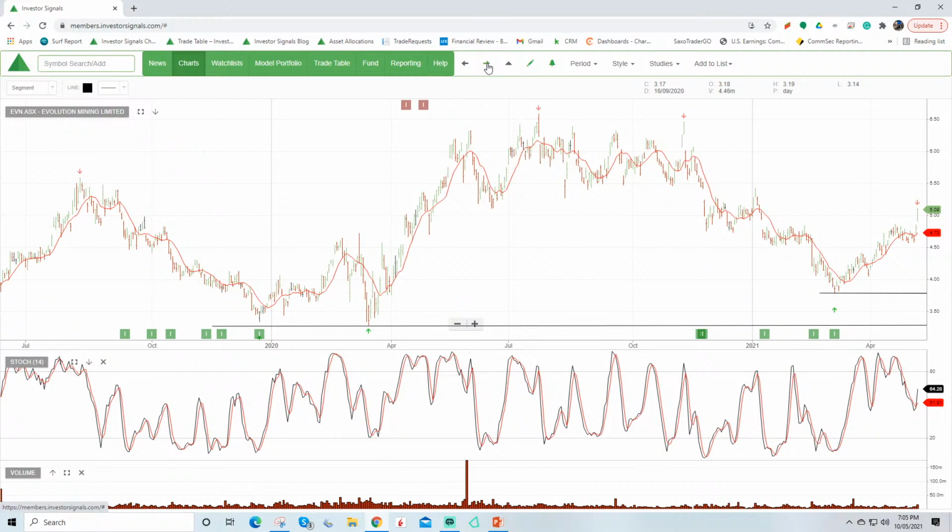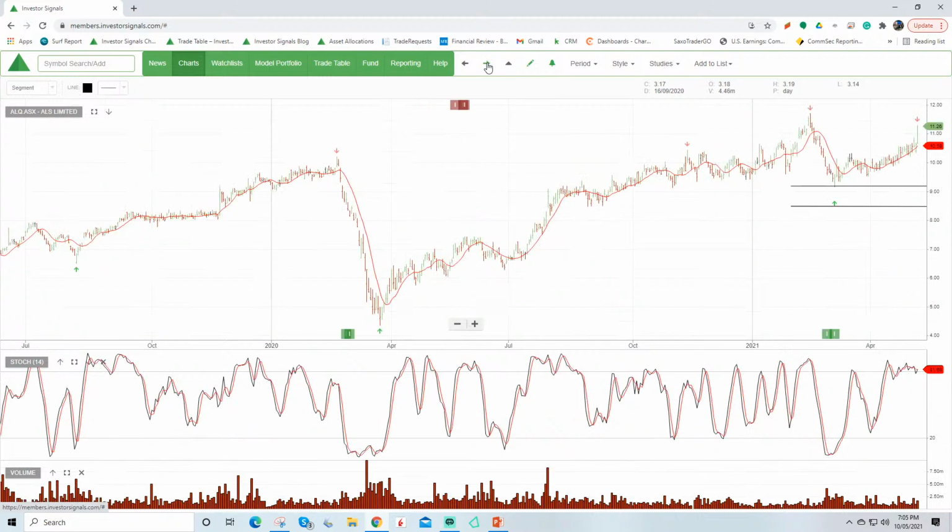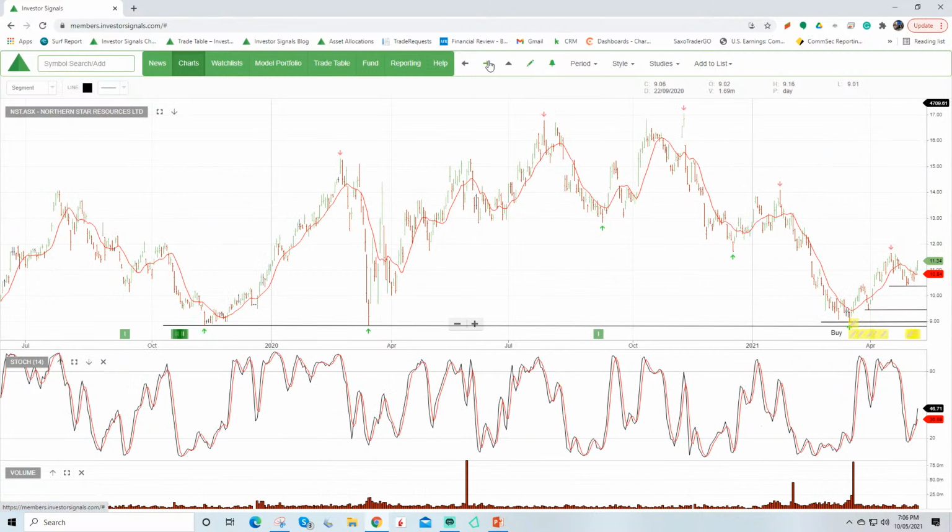The gold stocks have been performing well again, so we're seeing gold back over 1800 US an ounce. Our preference still remains Northern Star. Evolution is under algorithm buy signals. It's performing well. ALS switched to buy conditions here at around $9, now pushing 11.20, 11.30. The momentum there continues to be strong. So this is one that I've commented on numerous times on the blog.